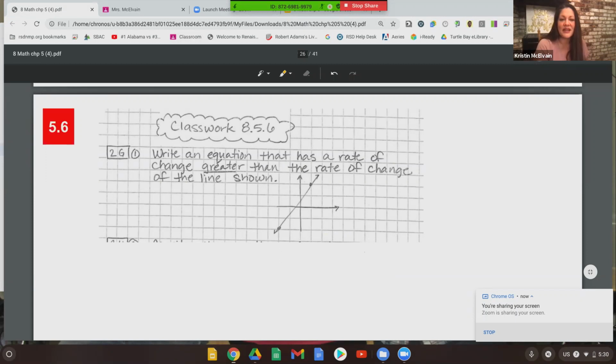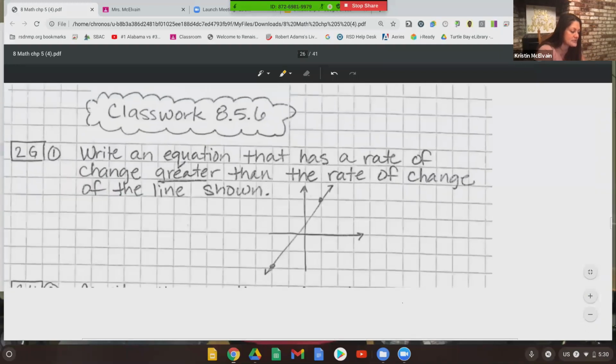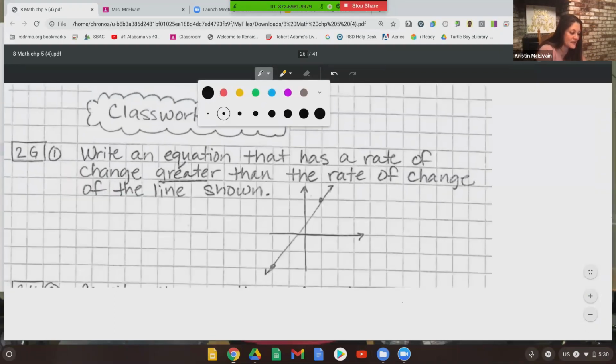5.6. Write an equation that has a rate of change greater than the rate of change of the line below. Okay, so first we need to know what is the slope of this line, and then we can come up with any equation in slope-intercept form with a bigger slope than what's shown, okay? And what that means is it's just going to be steeper, okay? So what we're going to do, I'm going to enlarge this, and we just need to figure out,